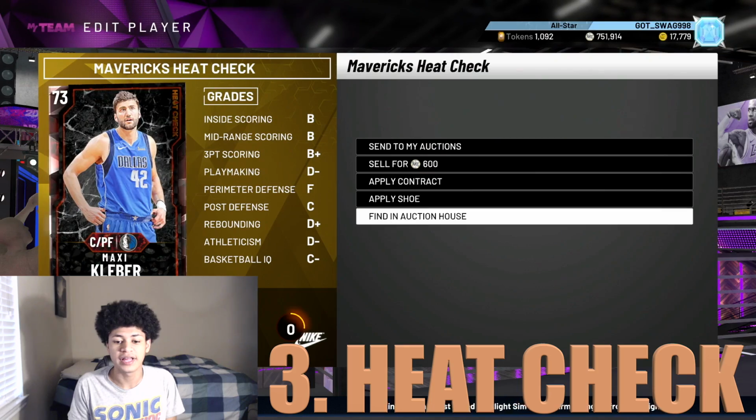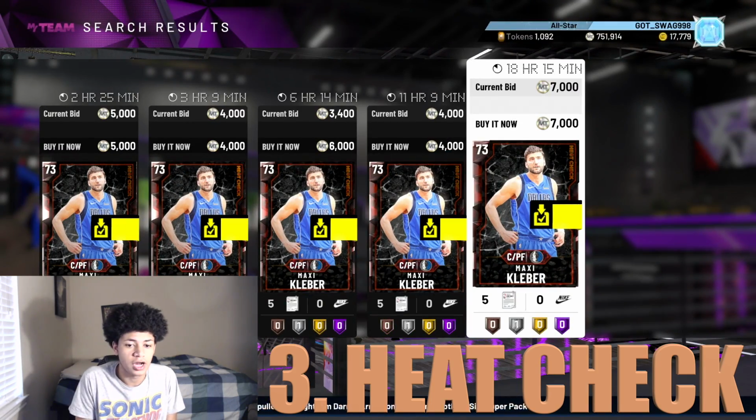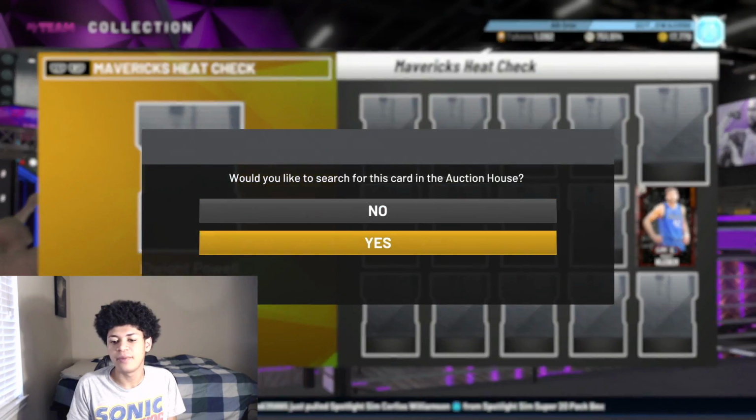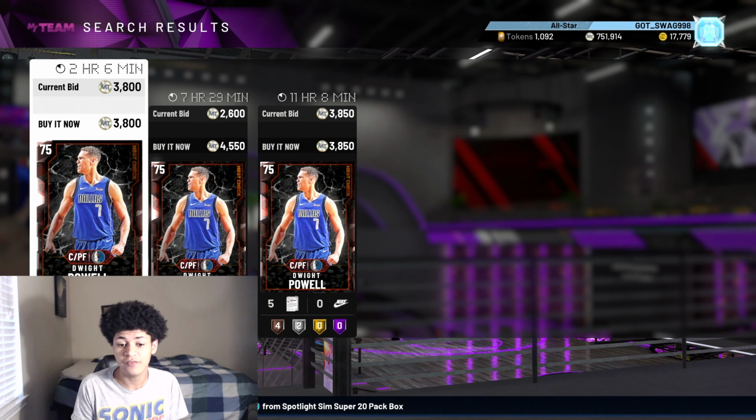And we can take a look right here quickly at this Maxi Keebler who I have in my collection. There are only 5 cards right here of Keebler. I apologize if I said his last name incorrectly. We can take a look at the man above him, this Heat Check Dwight Powell. There are only 3 up of him. With that being said, I am very, very surprised that this card right here is not going for more MT,